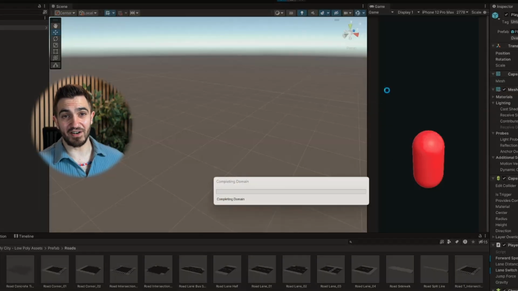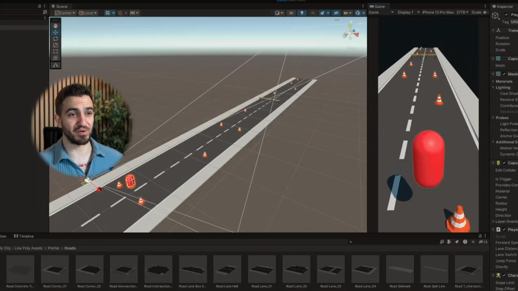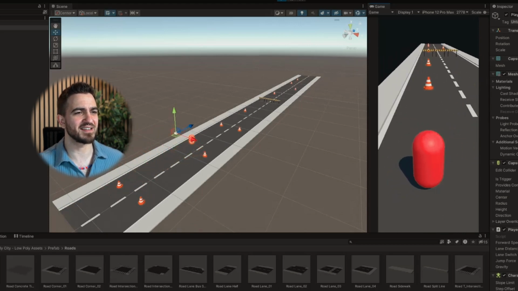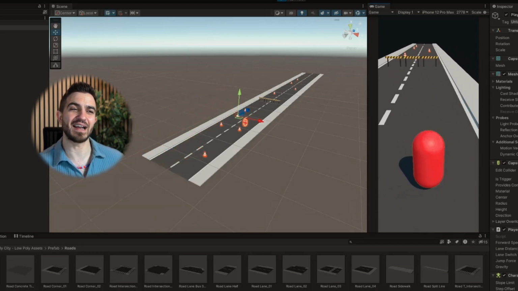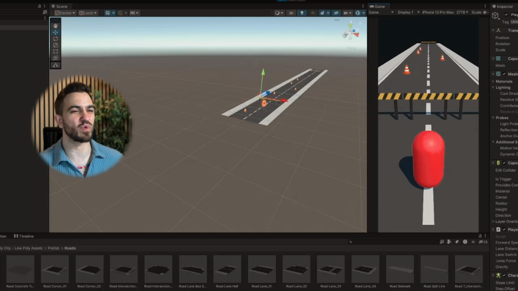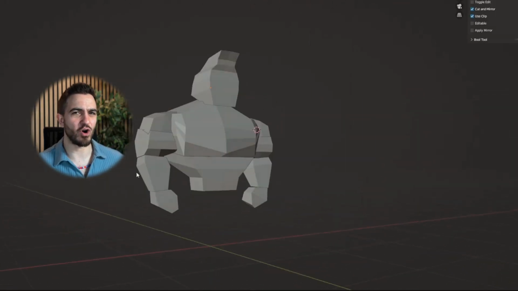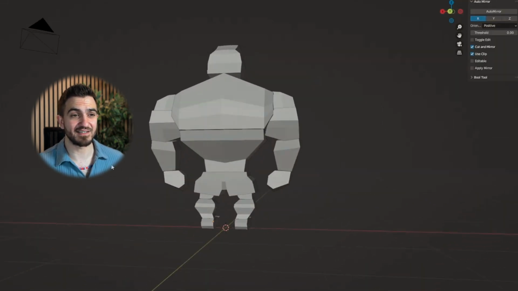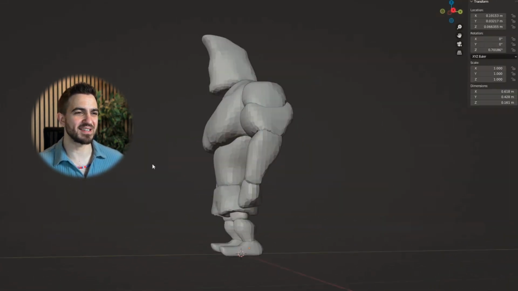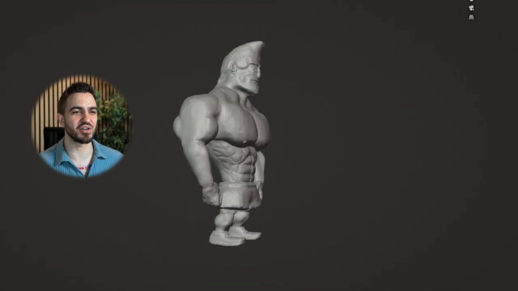At this point, staring at that magnificent red pill for hours has left me feeling emasculated and inadequate, so I decided it was time to finally make a real player character, by which I mean a real player. You get it? Anyway. I started by blocking out the torso, head, arms, and of course, legs. He's looking good so far, but I still needed to add a lot more detail, so I went over him